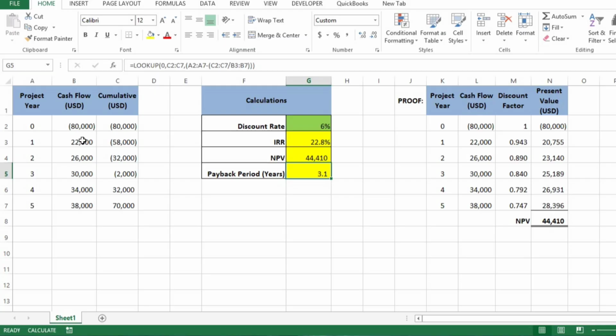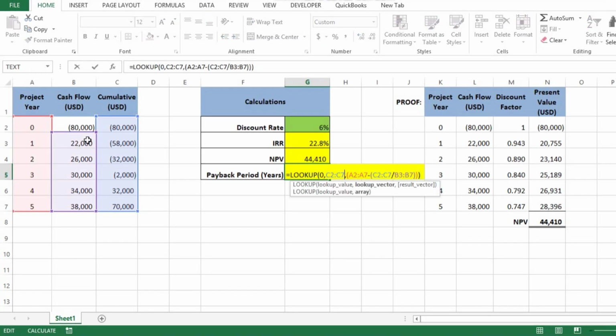The lookup asks Excel to find where the running total crosses 0. This middle argument prepares per row adjusted values that include the fractional year calculations. It essentially calculates an adjusted year value for each row. Year minus cumulative divided by that year's cash. When lookup finds the 0 crossing, it returns the matching adjusted year